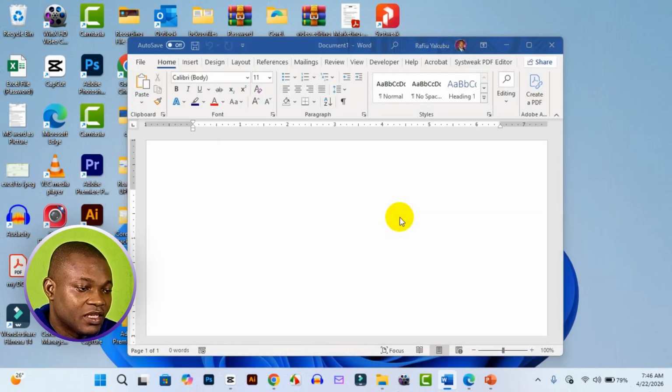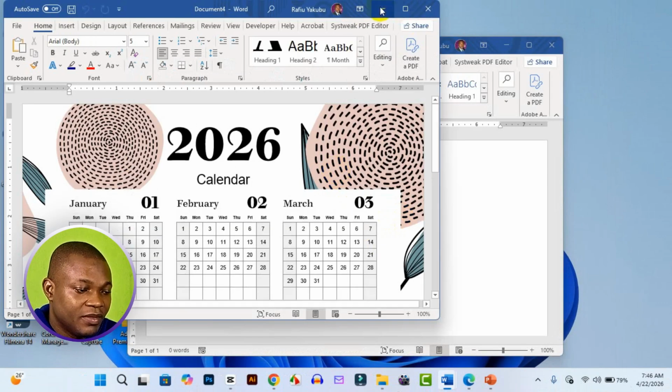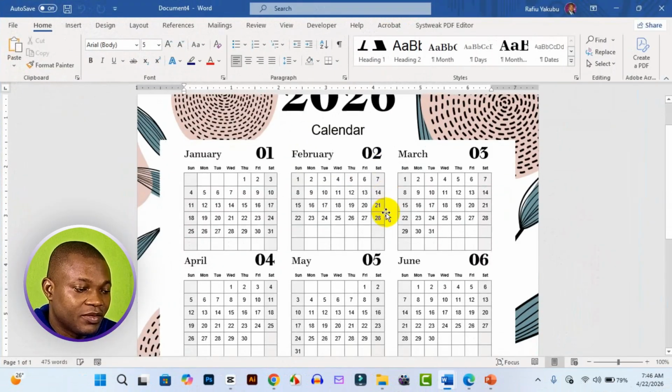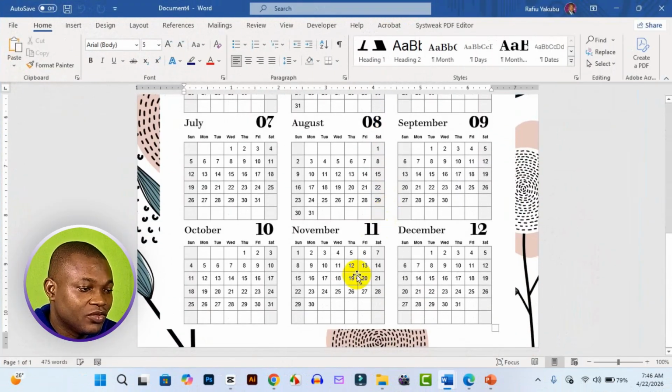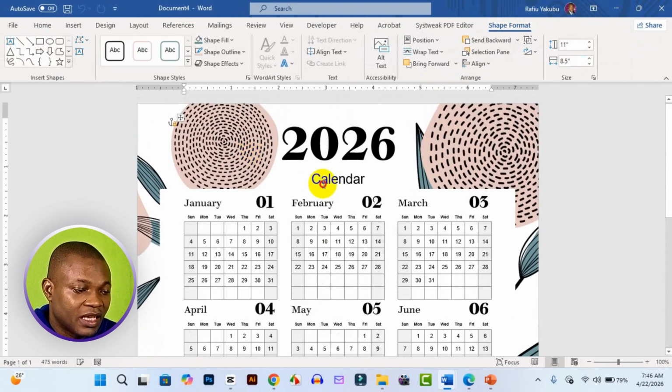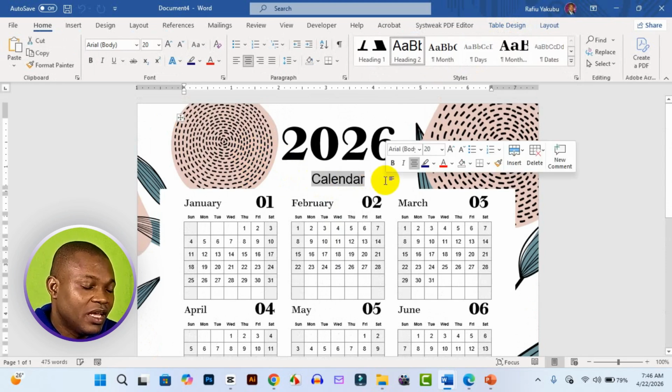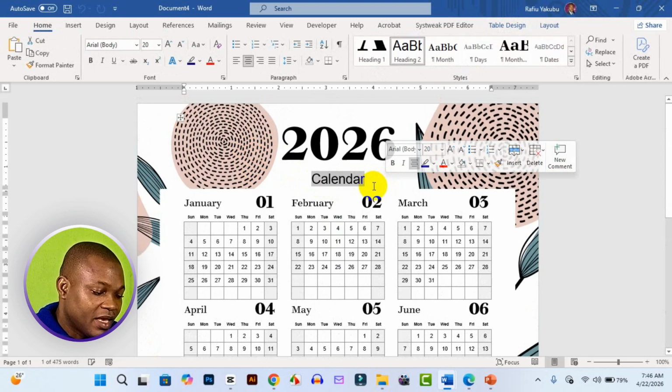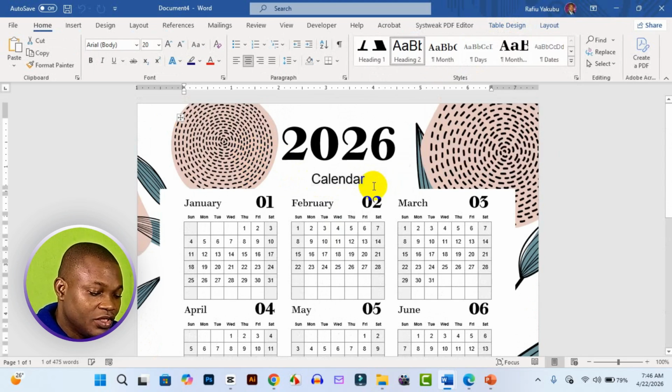And it's going to be successfully imported into MS Word, just like what you see right here. Now you can start to work on the design and the shapes as the case may be. You can go to Shape Format right here and then change anything you want to change. You can also come to the text right here. You can change the text to any other thing. Like for instance, we can put in your company name right here. We can say X Logistics,